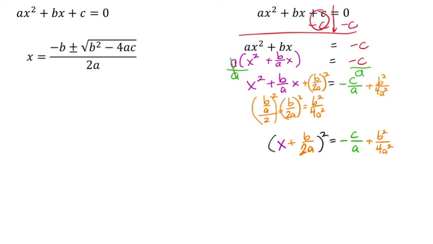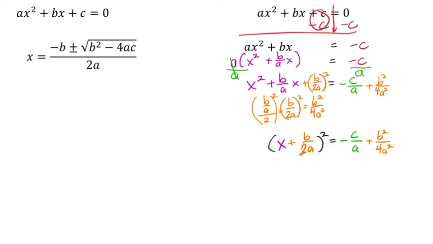The problem is that if I square root this side, it's going to jack things up with all this adding of this fraction business. So what I'm going to do then is take these two and make it one fraction by forcing the denominators to match. So I'm not concerned right now with the left side of this equation. I'm worried about the right side. So to make these